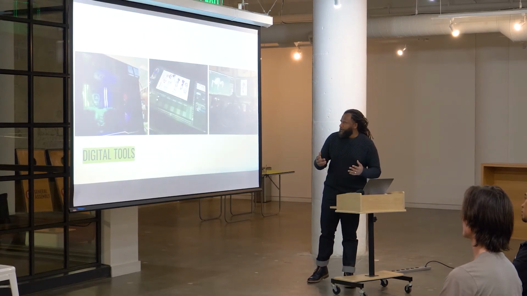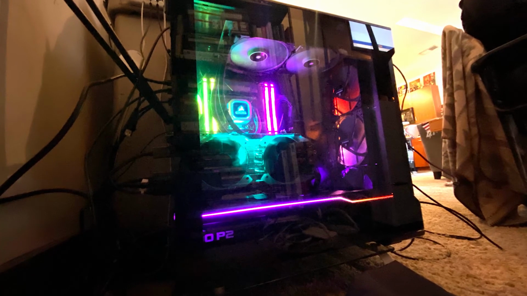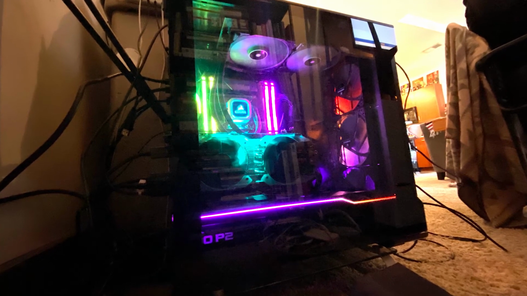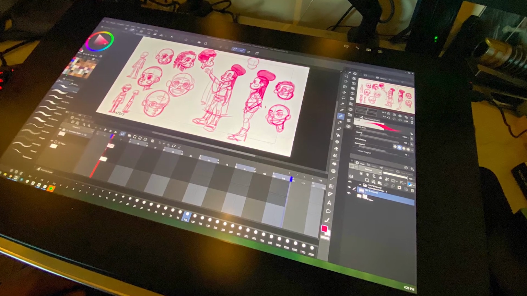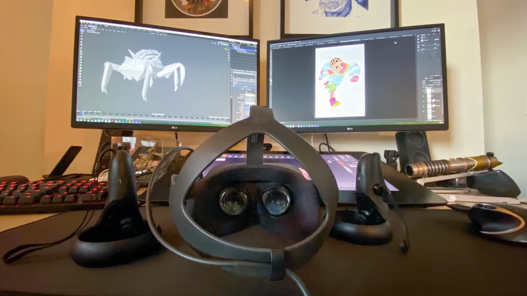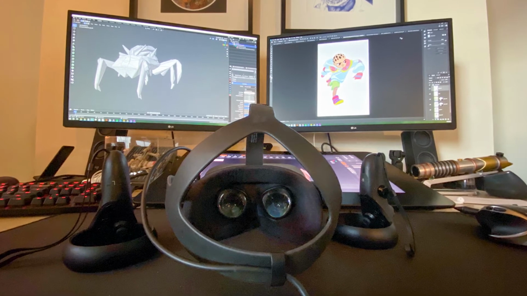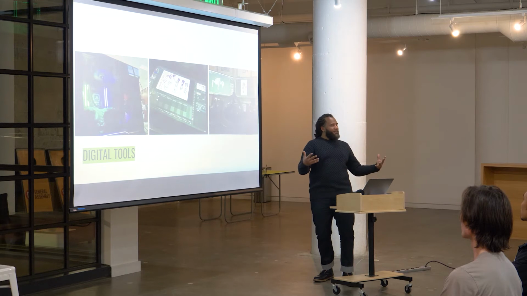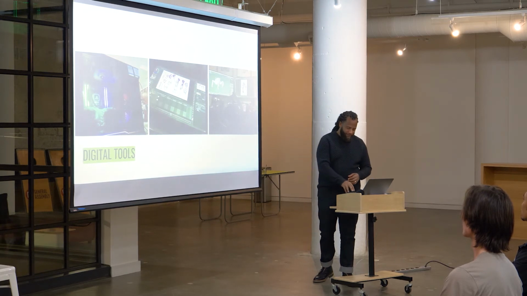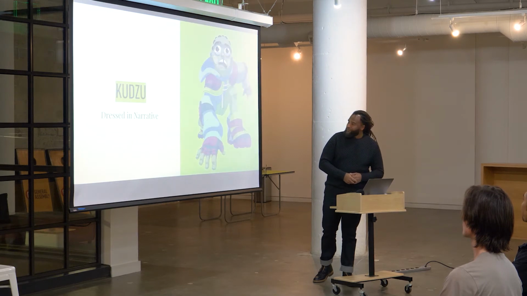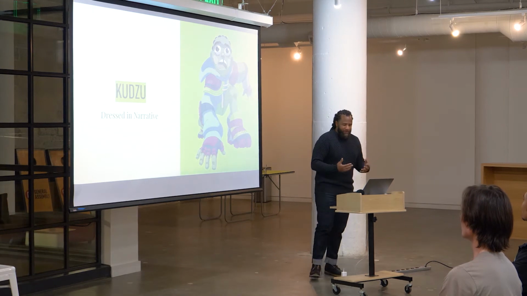So for me, I work primarily digitally. So I have a computer, I have a drawing tablet, I even use some VR stuff to create some of this stuff. Even though, like I said, it ends up in the final form of a book, I tend to use these tools to help me visualize it, to give me context to the space and these objects and things like that. So let's get into a little bit of what that means.